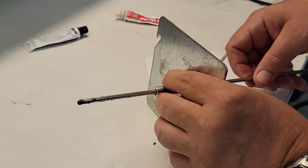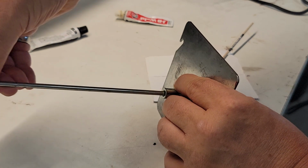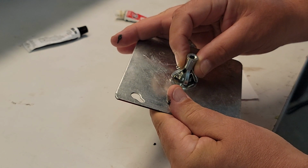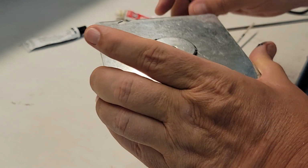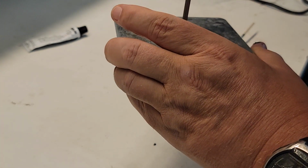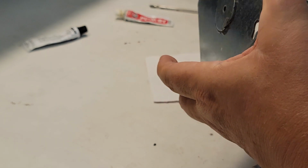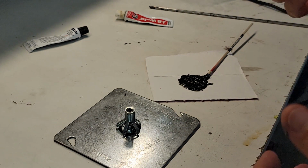Oh, I got some on my fingers, of course, because hey, if you're going to glue something, you should get it on your fingers. Okay. Now, the really good thing about this stuff is that once you've got it all in there and it's all done, you can drill it out. So you see, I got a little bit still in the hole, but that's okay. All right, there we go. That looks good. And like any time you glue anything, it's going to make kind of a mess, but that's okay. That's why you have